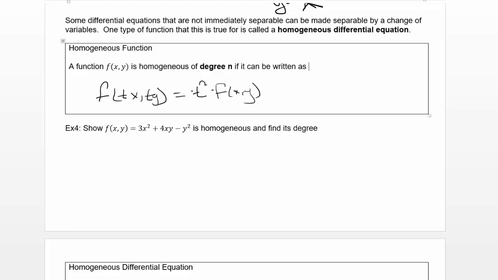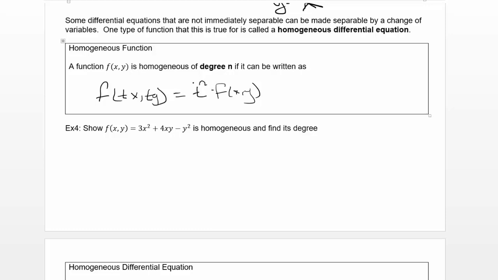This is very similar to the test to see if a function is even or odd. However, this time we're going to try to factor out this new constant, and whatever exponent this value of t ends up having, we'll say is the degree of this